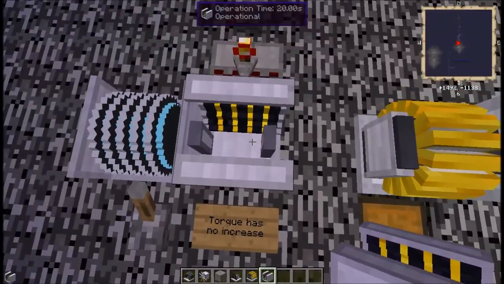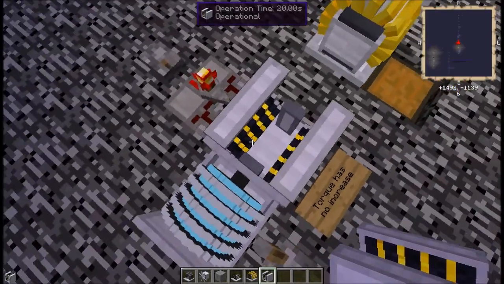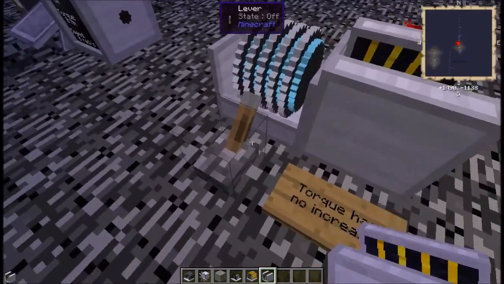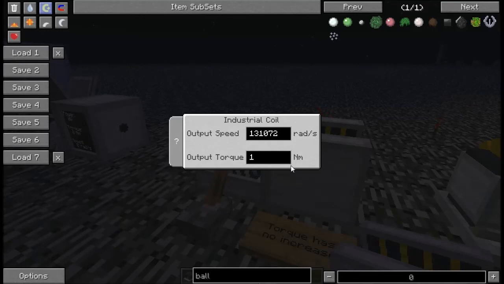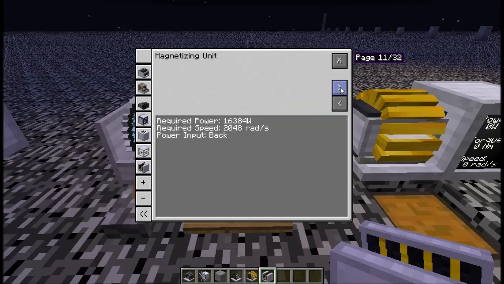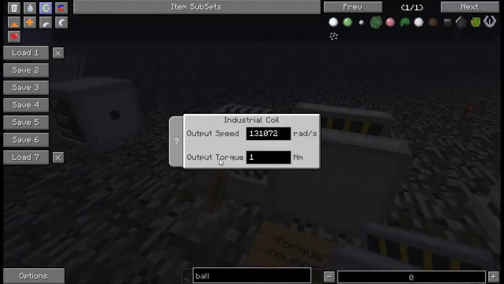So anyway, when you put the shaft core in, immediately you don't see it until you turn this thing on. First off, it requires power, and the amount of power that it needs, here let me go ahead and bring up the page for it, is 16,384 watts. So that's 2,048 radians a second at 8 Newton meters is the bare minimum. But it doesn't have to be anything in the Newton meters in the torque, just 1 to get this thing